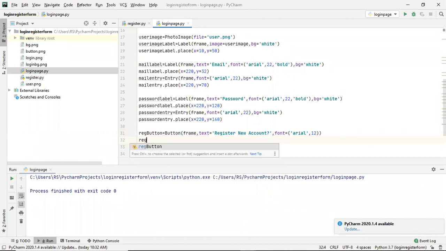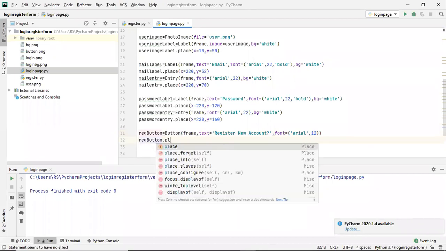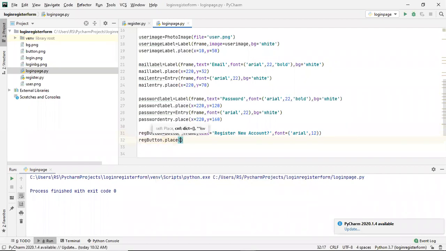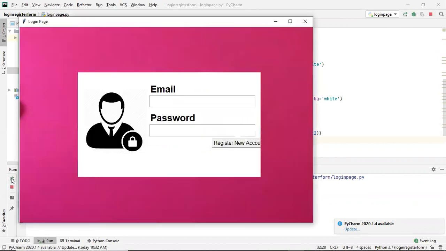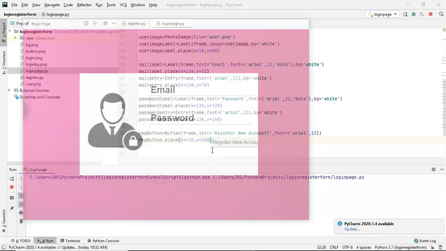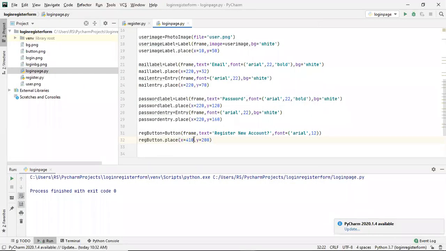So register button dot place, and I'll place it from x-axis at a distance of 410 and from y-axis at a distance of 200. Run this, so we are getting like this. Okay, I think I have given a wrong value for this x-axis. Okay, let me just change this value.